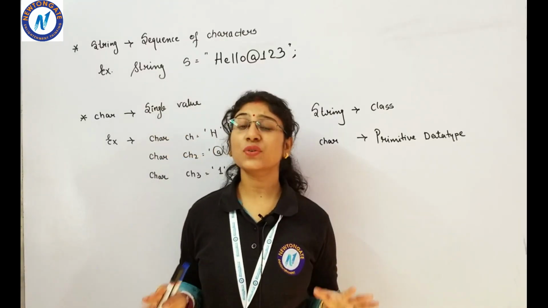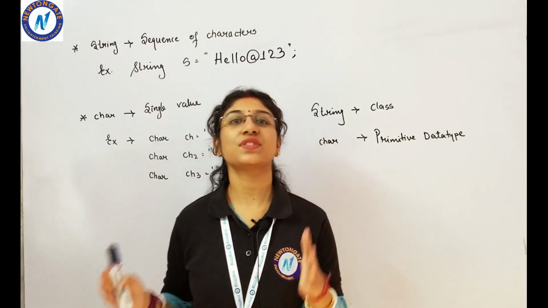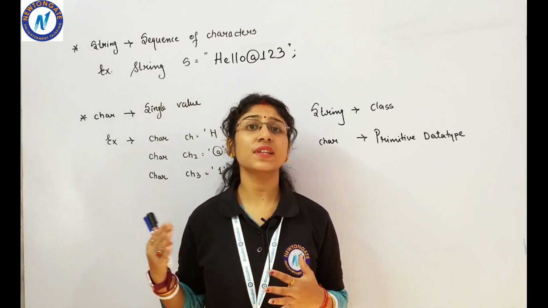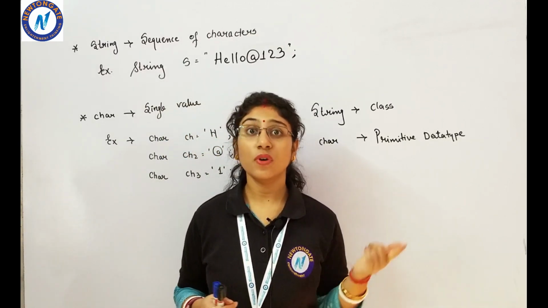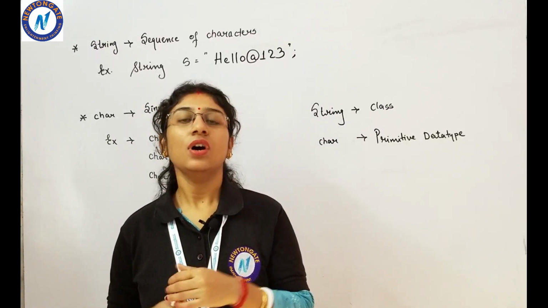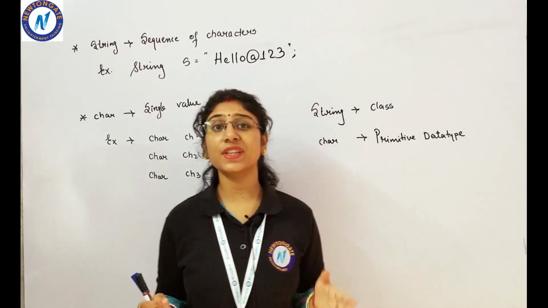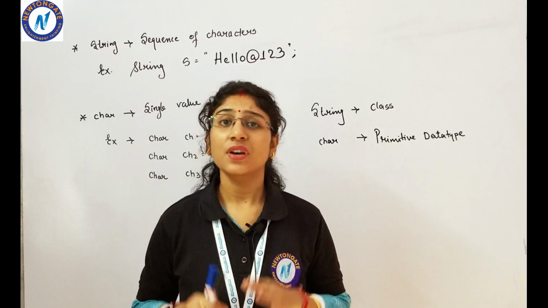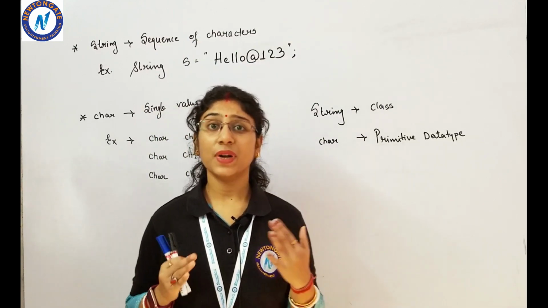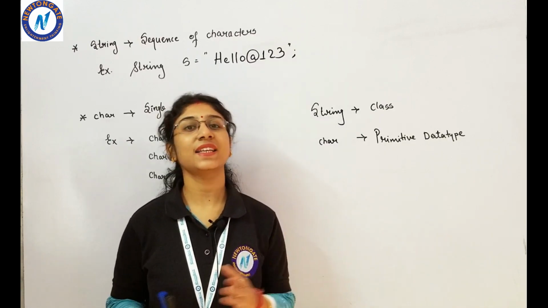So now the first question which must be arising in your mind is: what is a string? A string is a collection of characters, or we can say it's a sequence of characters. Now one more term we have seen here, characters. What is a character? So let's discuss the difference between strings and characters. We have all heard these two terms in our earlier videos, but now let's understand in detail what the difference between a string and a character is.